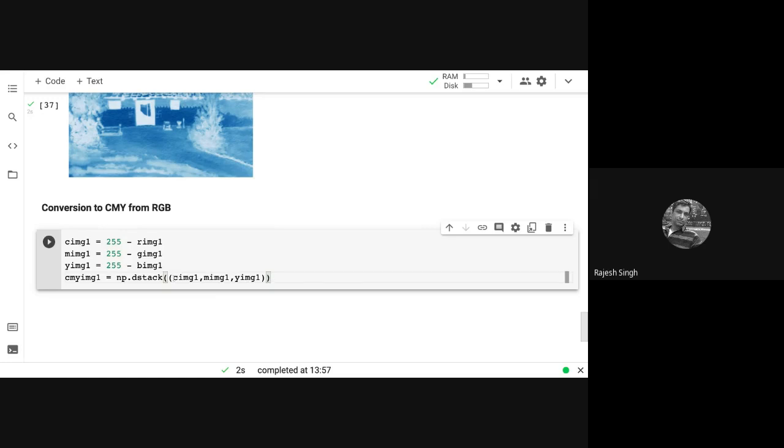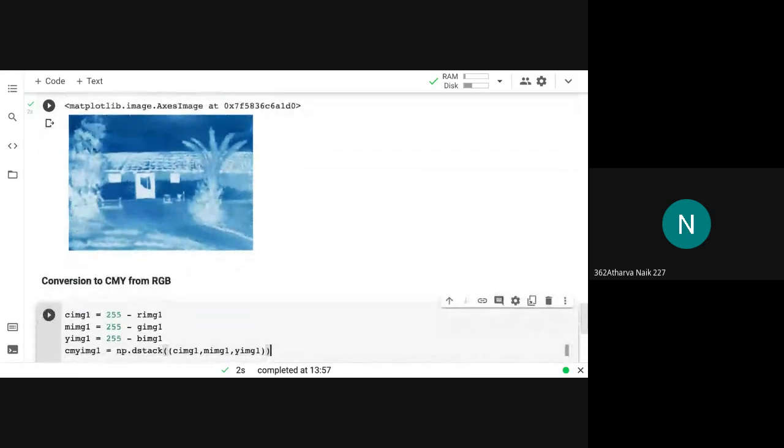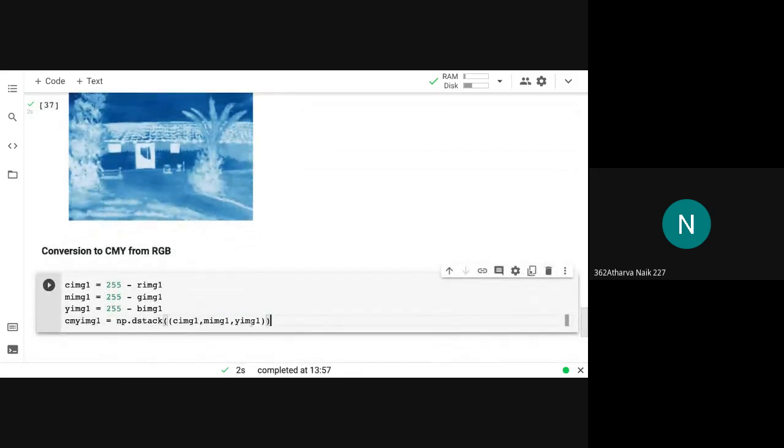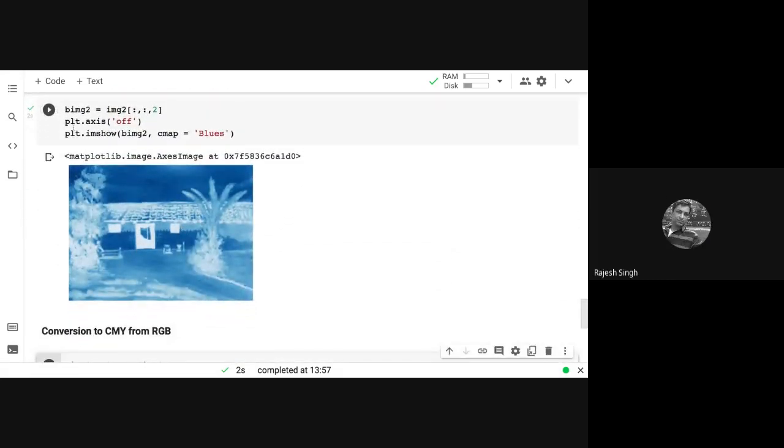I have no idea why. Seemingly single brackets could have done the trick, but they want a double bracket. It doesn't work with single bracket. I did check. So we are passing a tuple as a parameter and not individual images there. That's why. Okay, fine. So here is the answer also, which is good.